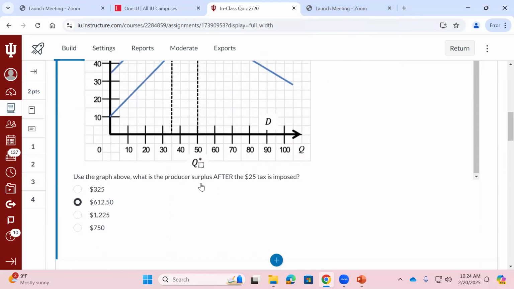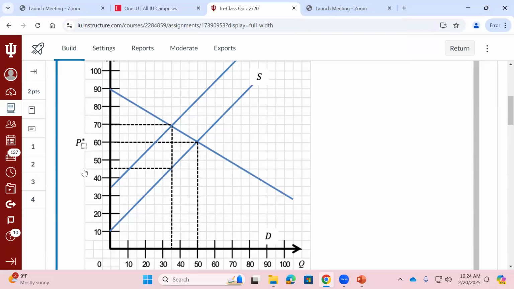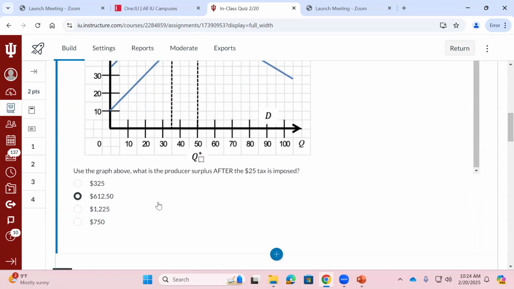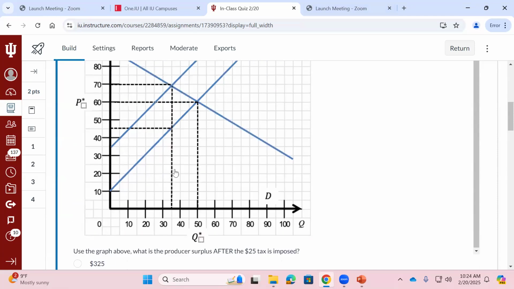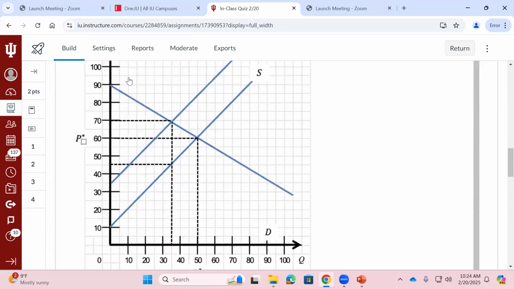If I want to calculate producer surplus, the marginal benefit to producers will be the price they keep, and the difference between that and their marginal cost is represented by their supply curve. So here, what's the area of this triangle? Looks like it's 35 times a half. I'm just looking at a grid line here. Hopefully we can identify the base and height of the triangle. Should give us that 612. Okay. So 35 times a half gives us that producer surplus. Are there any questions on that? I guarantee you'll see something like this on the quiz and likely on the exam, right?